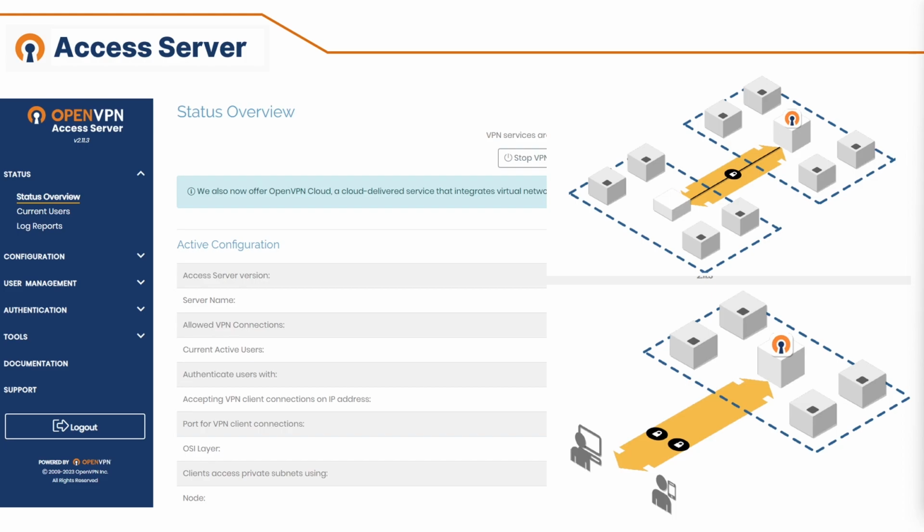We built OpenVPN Access Server using the OpenVPN open source code and additional open source software like OpenSSL. So OpenVPN Access Server maintains compatibility with the open source project, making the deployed VPN immediately usable with OpenVPN protocol compatible software on many routers and Linux distributions. The official OpenVPN client, which we call OpenVPN Connect, is available for Windows, macOS, and both Android and iOS